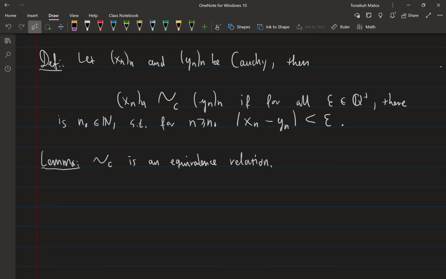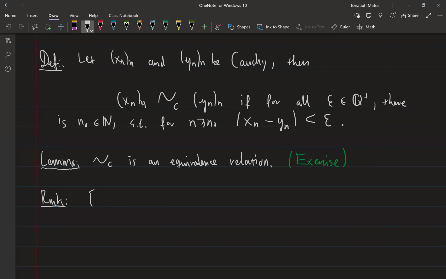That's not a difficult thing to prove, so I will actually leave this as an exercise as well. It's good practice for Cauchy sequences and equivalence relations, even though we've done plenty of that in the past. And then a remark that is not interesting at all, but you can also prove that if you want, is that this relation,